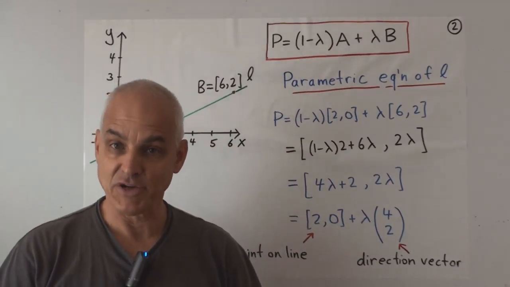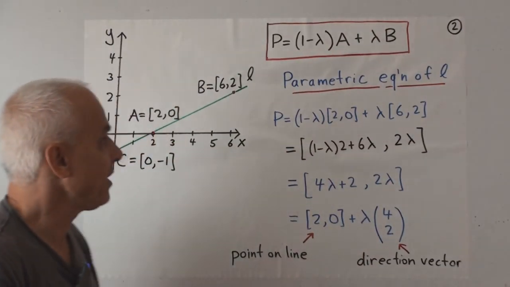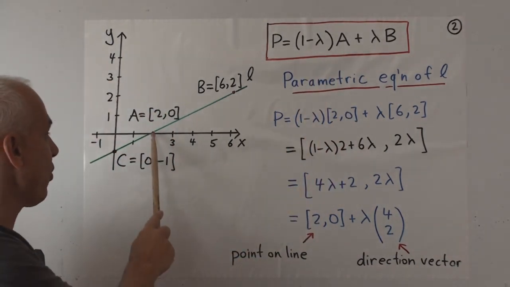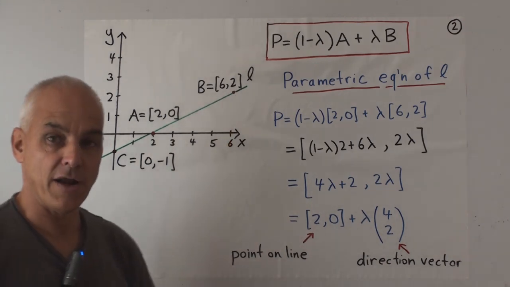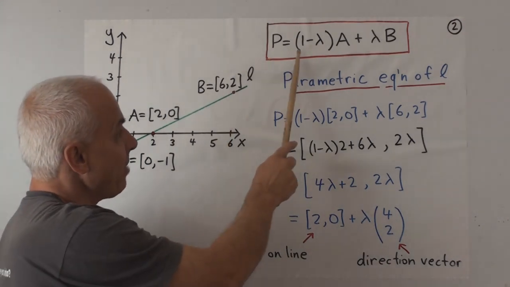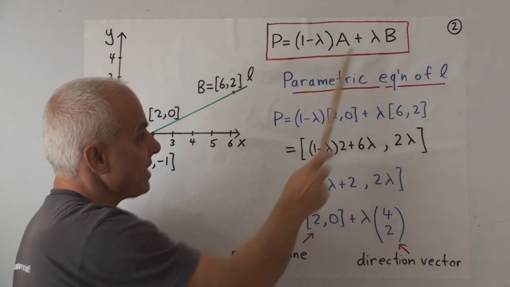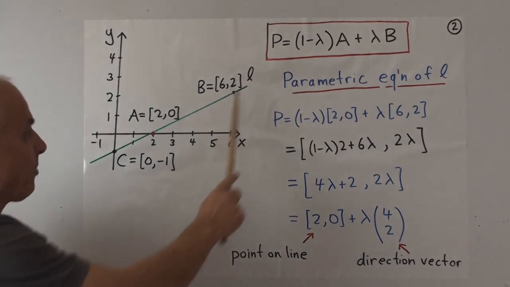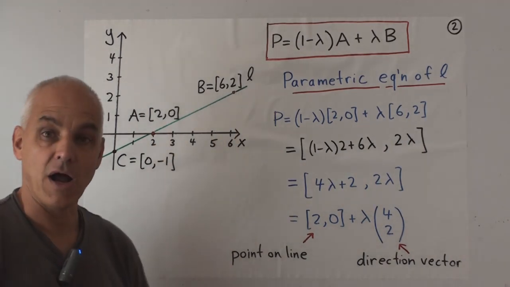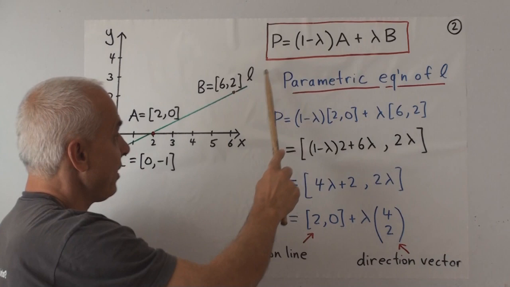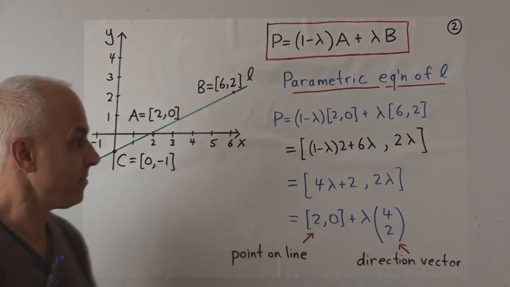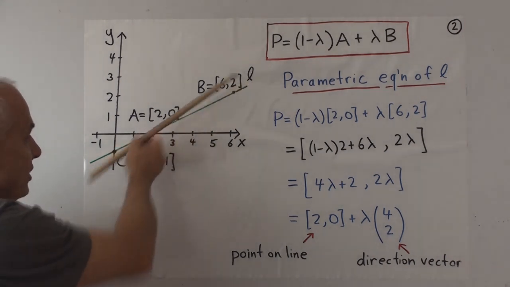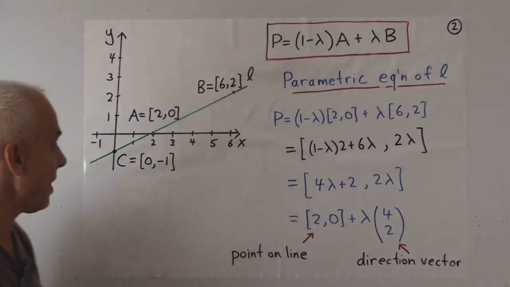There is also a parametric equation for a line, and that involves a parameter that might be, say, lambda. For example, if we have 2 points A and B on a line, then the line can be described by the affine or barycentric combination (1 minus lambda) A plus lambda B. That represents an arbitrary point on the line, and depending on what lambda is, that gives you different points on that line. That's called a parametric equation of the line, and let's have a look at what it looks like for the line we were talking about in the previous example.